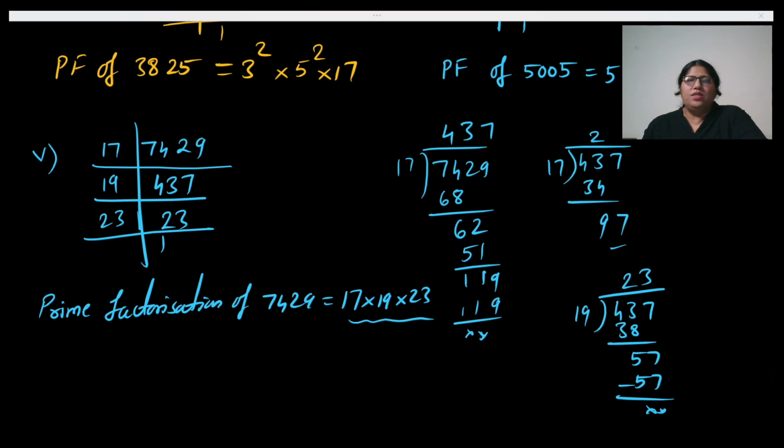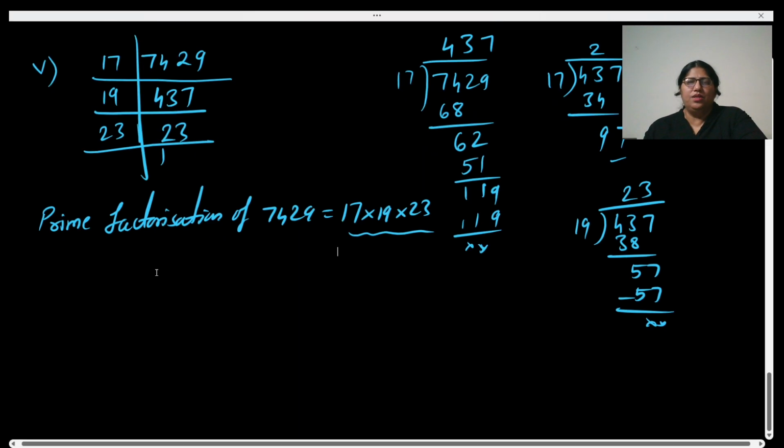Now let us see which kind of question will be there. This is the first basic question. Then after that you can have finding LCM and HCF of the given numbers, right? So I'm just giving you few questions here. Let us see how you will find out HCF and LCM of the given numbers.